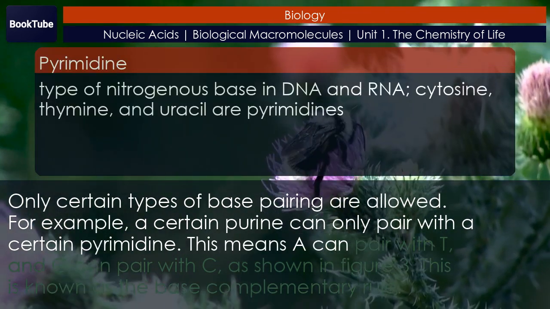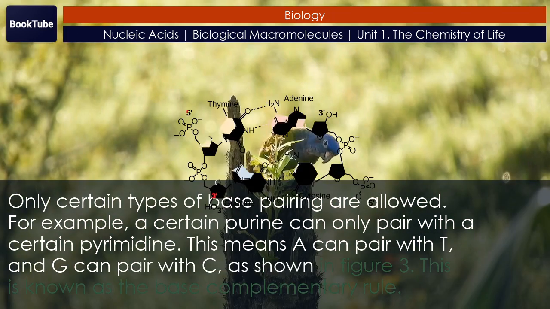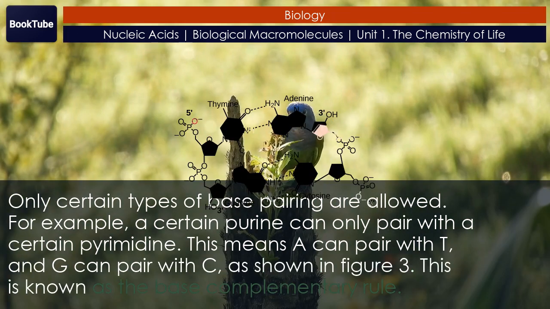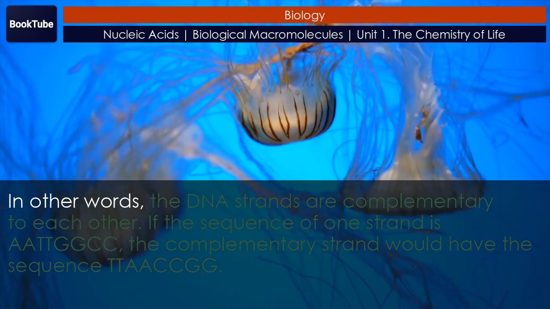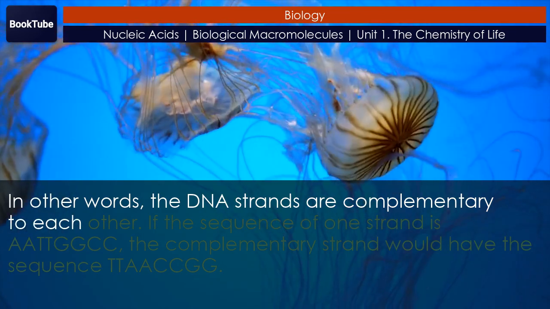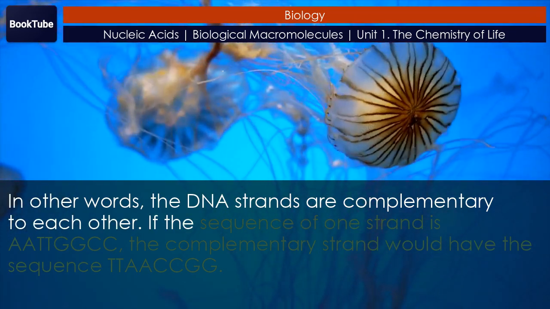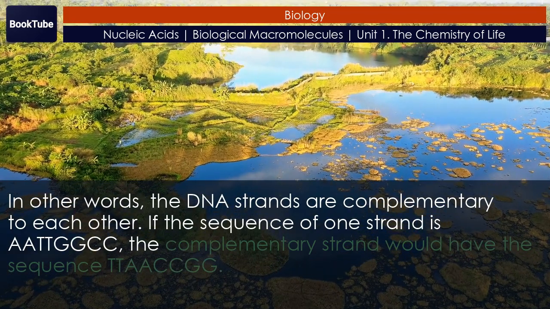This means A can pair with T, and G can pair with C, as shown in Figure 3. This is known as the base complementary rule. In other words, the DNA strands are complementary to each other. If the sequence of one strand is AATTGGCC, the complementary strand would have the sequence